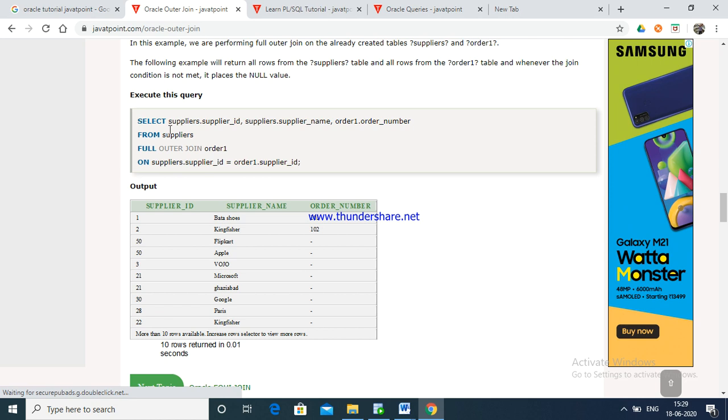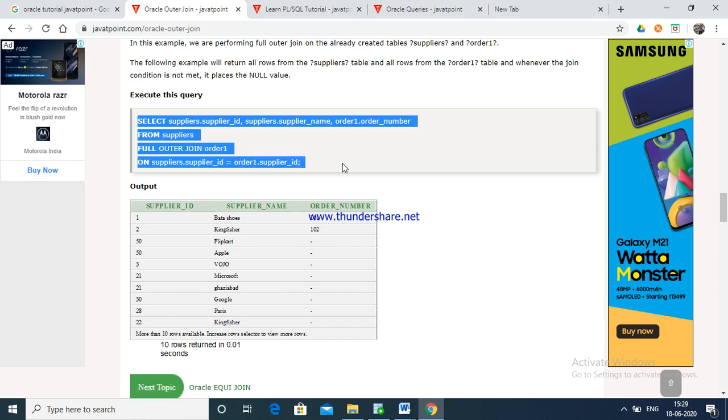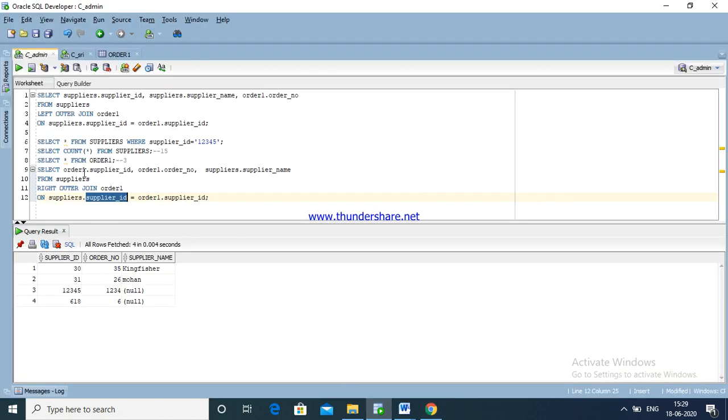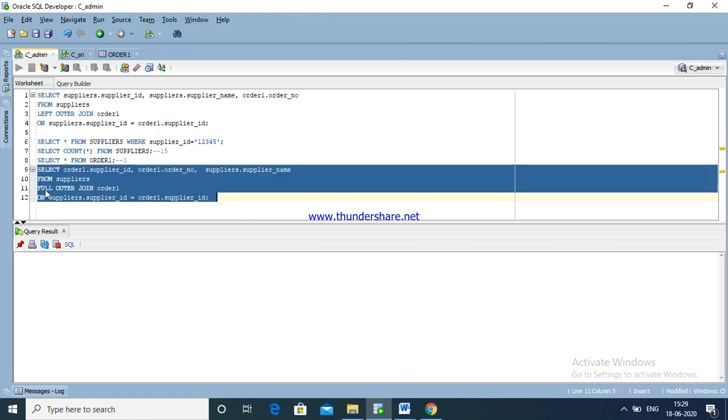Now I am going to copy full outer join. Here I am just going to change it to full outer join. Just click enter.